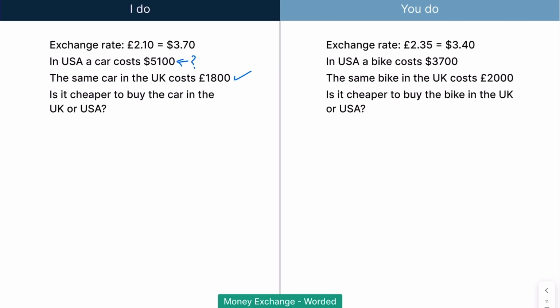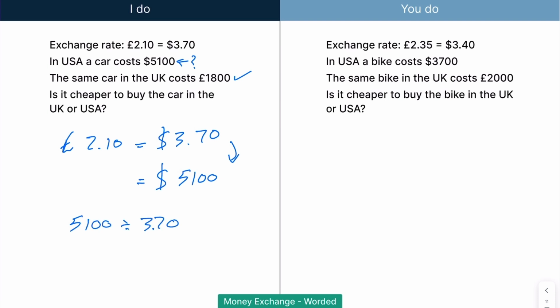So I need to convert that to pounds because I can only compare the prices when they're in the same currency. So what is $5,100 in pounds? So again, the exact same approach. We write down the exchange rate. We have been given the dollar amount. Then I ask myself, well, how do I go from here to here? So I divide 1,500 by 3.7. And that gives me an answer of